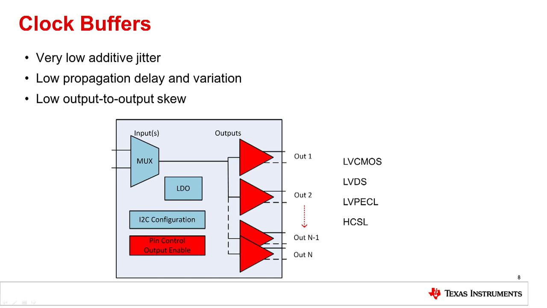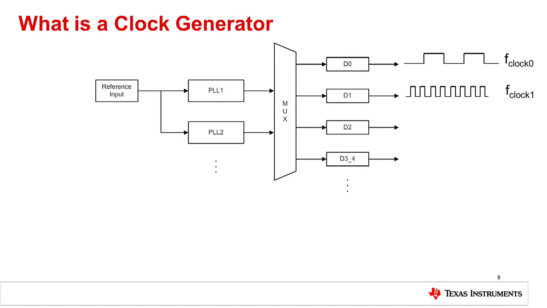Now, it's often the case that a system will need more than a simple fan-out buffer to support multiple frequencies. For example, what do you do if you need 25 MHz, 100 MHz, and 156.25 MHz? A clock generator is a special kind of circuit that produces multiple frequency outputs from a single reference input through one or more phase lock loops. The clock generator takes a stimulus or reference input, which can be a crystal, an oscillator, or clock output from a previous stage in the clock tree, and from this generates multiple frequencies or multiple copies of the same frequency as required.